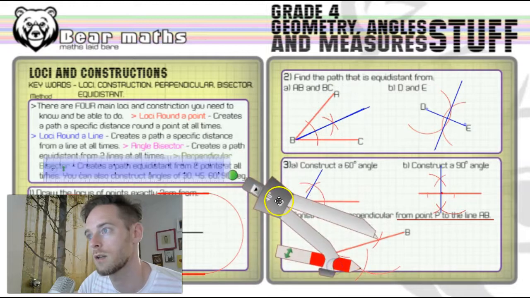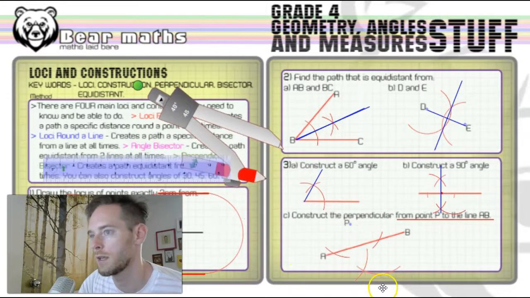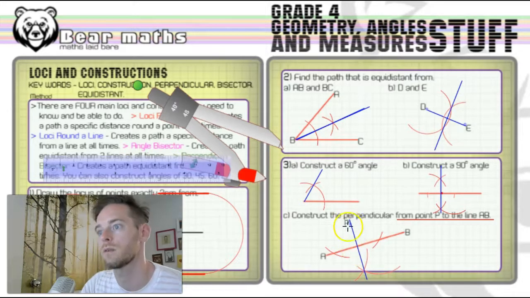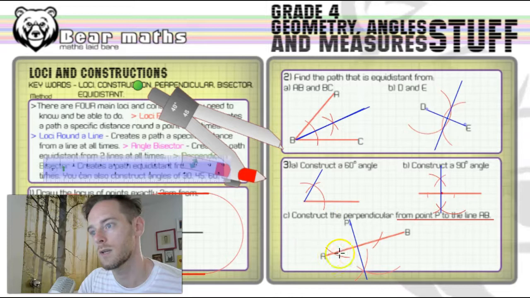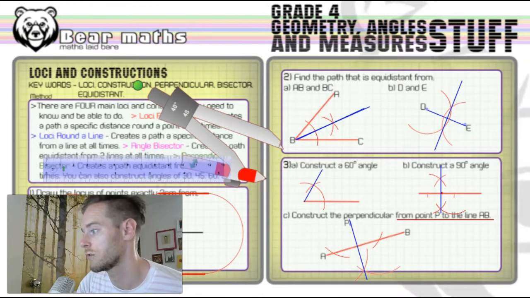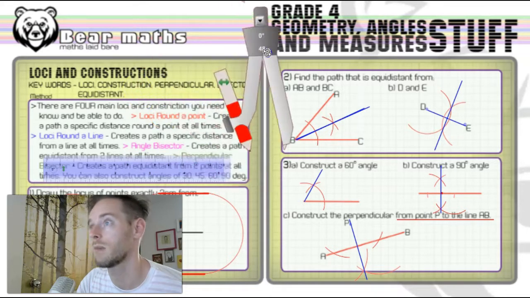two arcs. Okay, now move all that out of the way and then get my ruler tool back in, and I'm just going to join that point there through to point P. Okay, and I've created a perfect right angle there, between A to whatever this point we want to call it here, A something P, P something B, perfect right angles, perpendicular from point P to the line. Done. And that's all the basic constructions that you need to learn for GCSE maths, and then we